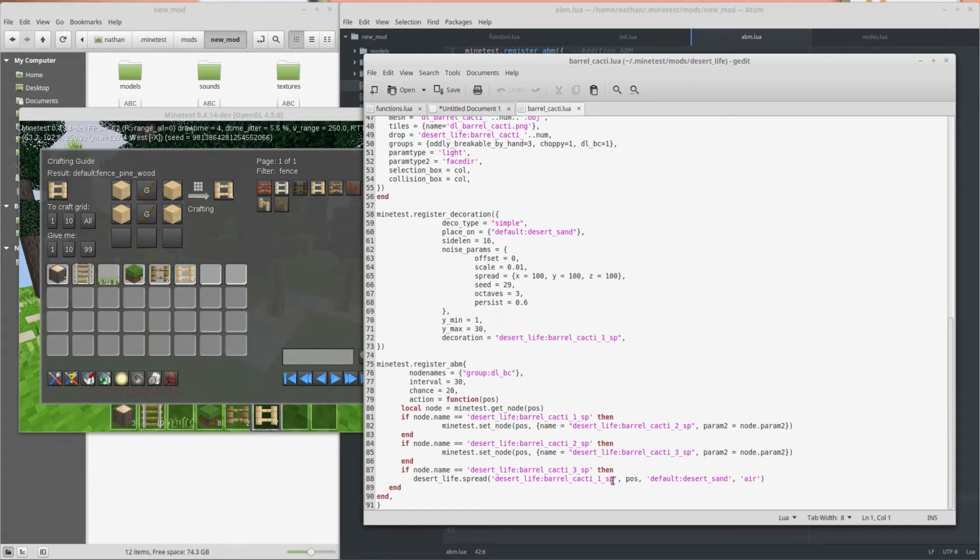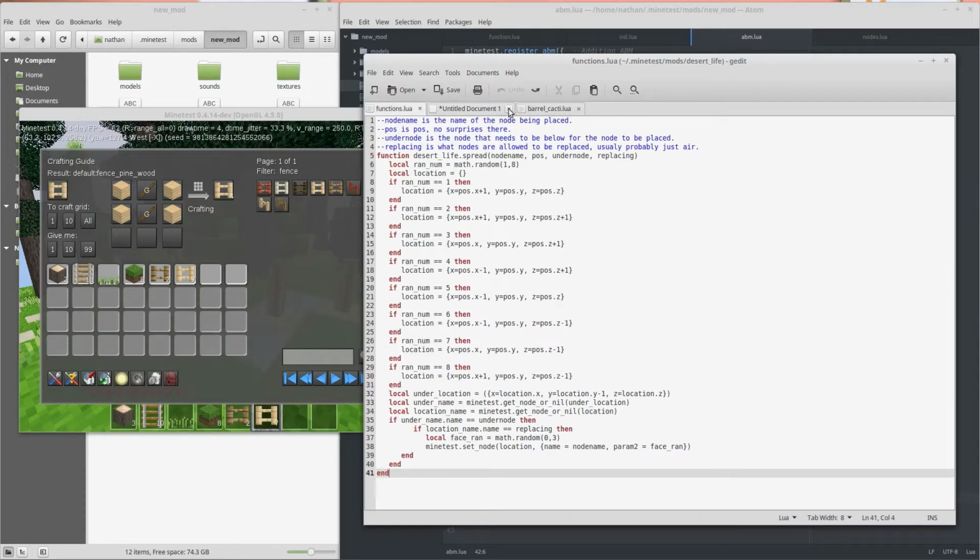So I have an ABM here for... Currently, I have 2 types of cacti. There are these barrel cacti and this prickly pear. When they grow to their largest size, they spread. Rather than writing 41 lines in both ABMs, it'd make more sense to make a function with the ABM and just pass the